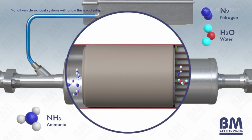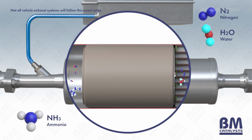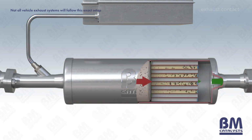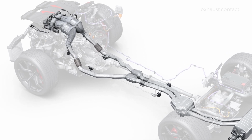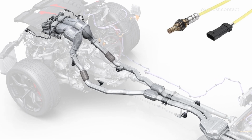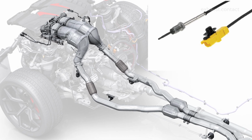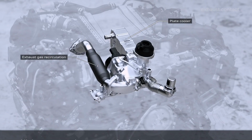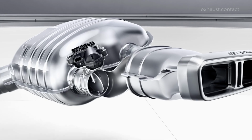Diesel vehicles use DPFs, diesel particulate filters, while gasoline engines have GPFs, gasoline particulate filters. Both effectively reduce the amount of soot and ash particles released into the atmosphere. The exhaust system also includes a set of sensors that ensure efficient engine operation and emissions control. The lambda sensor regulates the fuel air mixture, the NOx sensor monitors nitrogen oxide levels, and the temperature sensor protects components from overheating. We must also mention valves like the EGR valve, which reduces emissions, or exhaust flaps, which influence